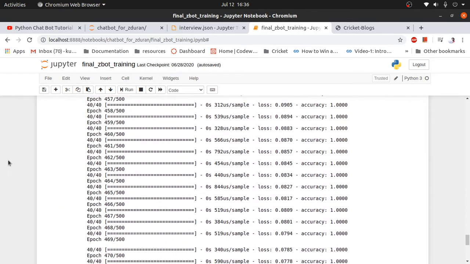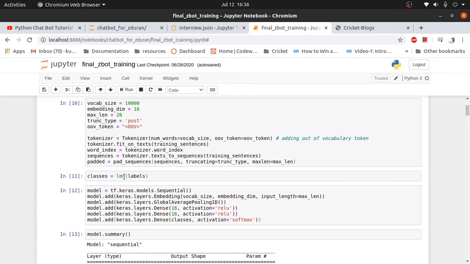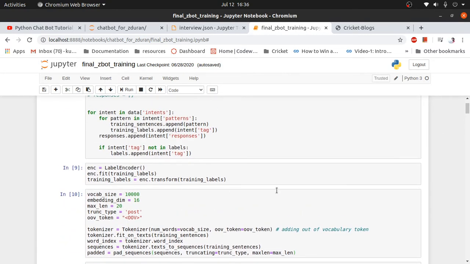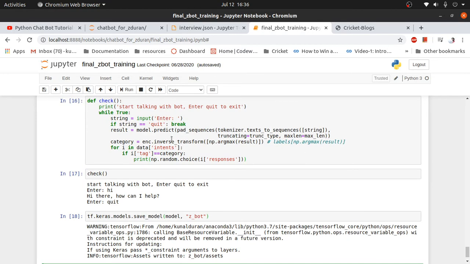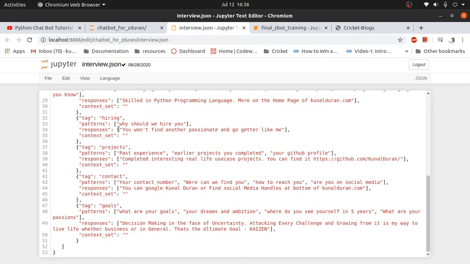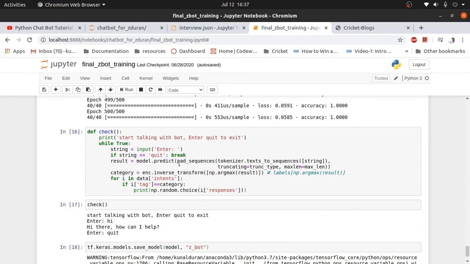Here we encoded the label, so from the numerical we are inverse transforming it back to the labeled version. Let's say hiring was set to be 3. Now if the highest probability is on this 3, it will get inverse encoded into hiring.